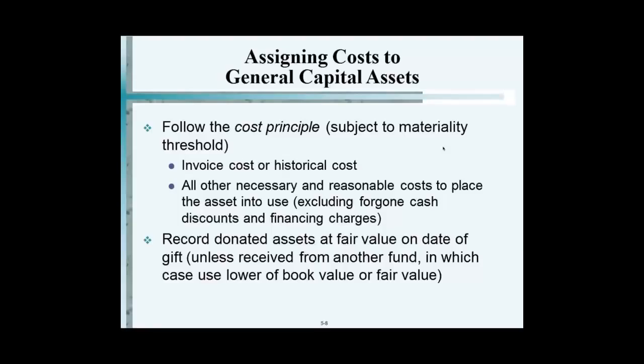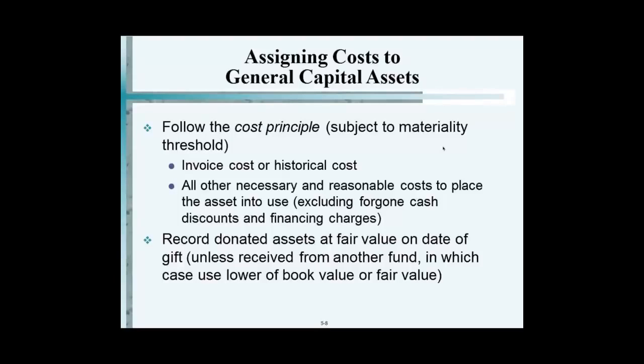The other thing that you'll find is that in governments, did you learn about capitalization, what value you must capitalize assets at? So for instance, if you went out and bought a PC for $500 in a government, just one PC, would you capitalize it? Well, you'll ask, what is the capitalization policy? What is the minimum value that I need to meet for the asset to be capitalized? And the government might have a capitalization policy of $10,000. If you buy assets of $10,000 or more, you capitalize them.